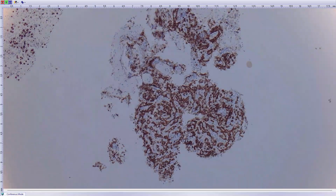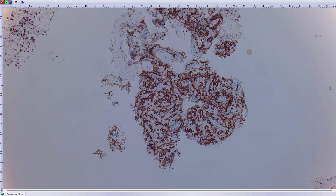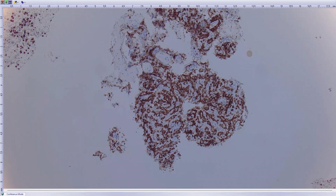Okay. And it's negative for cytokeratin, so it's not an epithelial tumor. So that's it. Please stay there, and I will show quickly